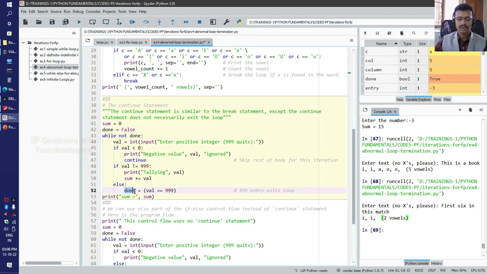Once true is assigned to the done variable, this done will be passed to the while loop conditional statement. Then not true